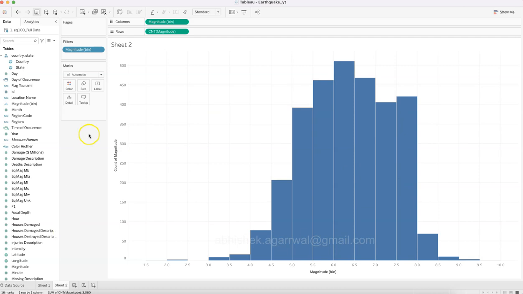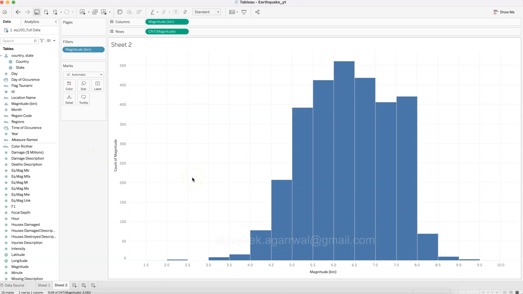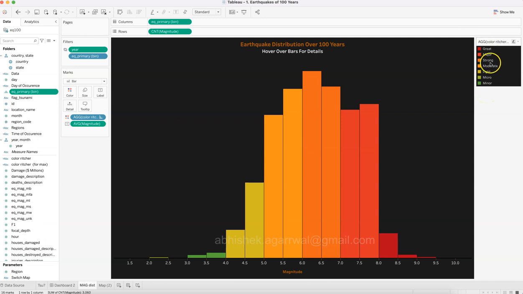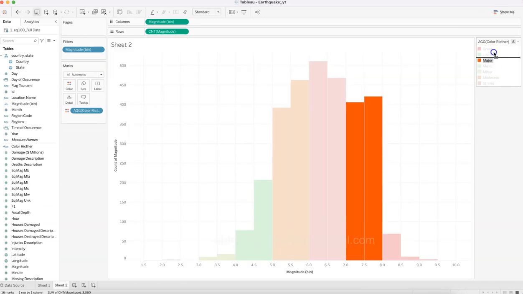To do that, two things. One is color. If you see this color, this is what we need. So we have this color here. If I put it on the color, we are going to get the similar color, and I think it is great, major, strong, moderate. So great, I will drag this up, major,